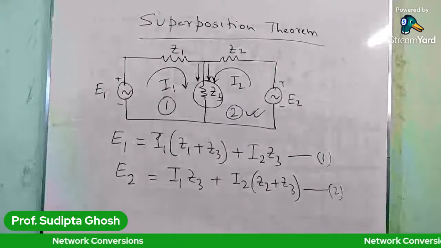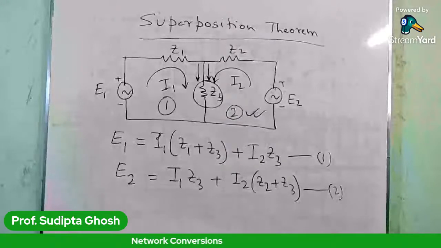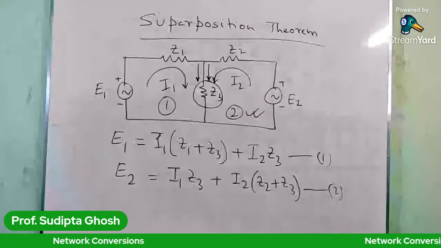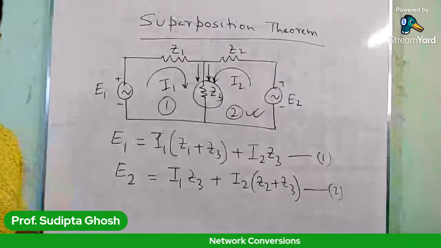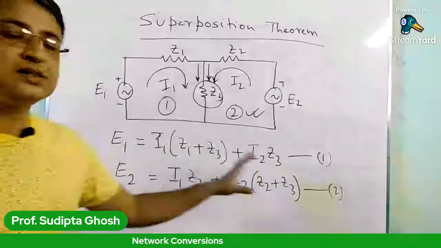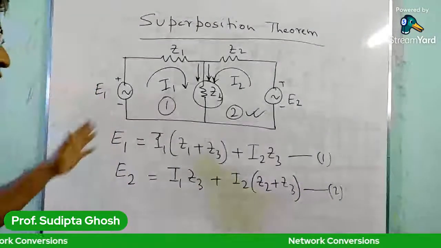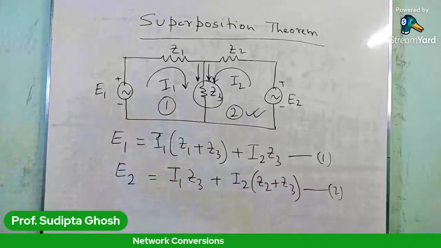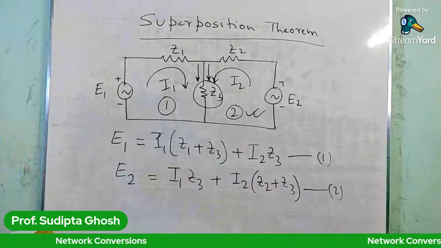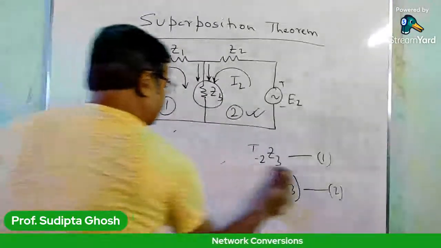Now then, by solving these two equations, we can find out the values of I1 and I2. I'm not interested in simplifying these two equations; you are all mature enough to simplify them. After simplifying these equations, we have the values of I1 and I2 as